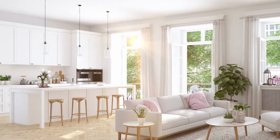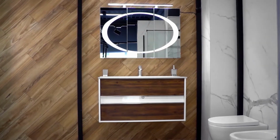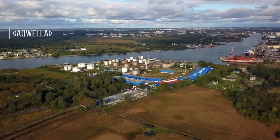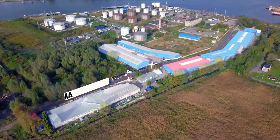The truly comfortable atmosphere is made of details. It could be reached by deliberate aesthetics of the interior, convenience of furniture or smiles of the loved ones. The pleasant decor in the bathroom also plays an important role. For over 20 years now, AQWELLA has been producing high-quality and beautiful bathroom furniture, helping to create a cozy home